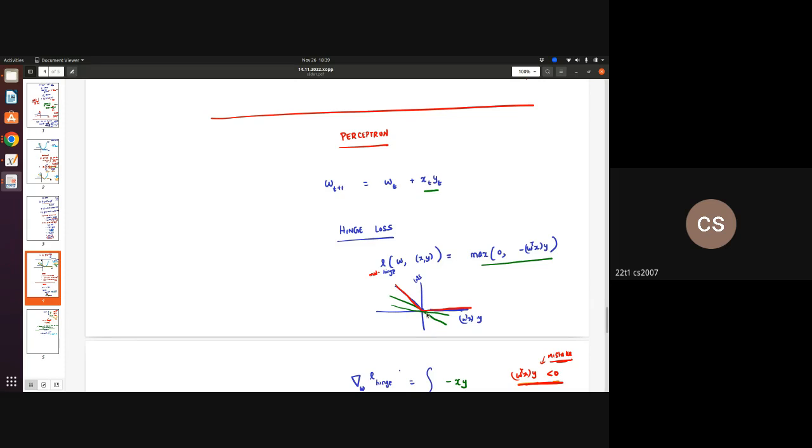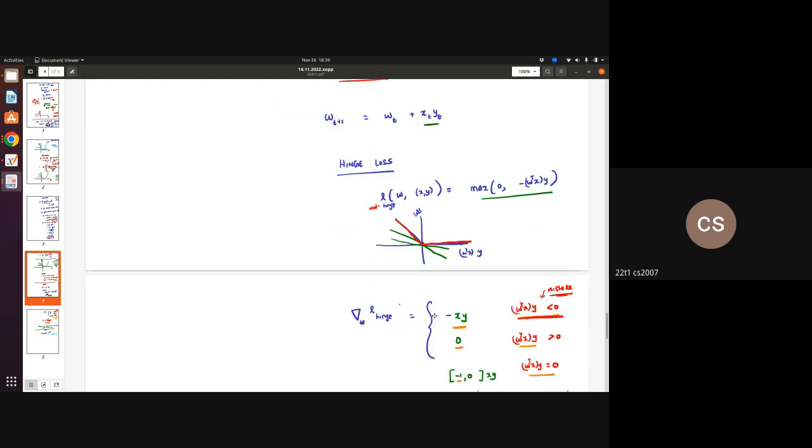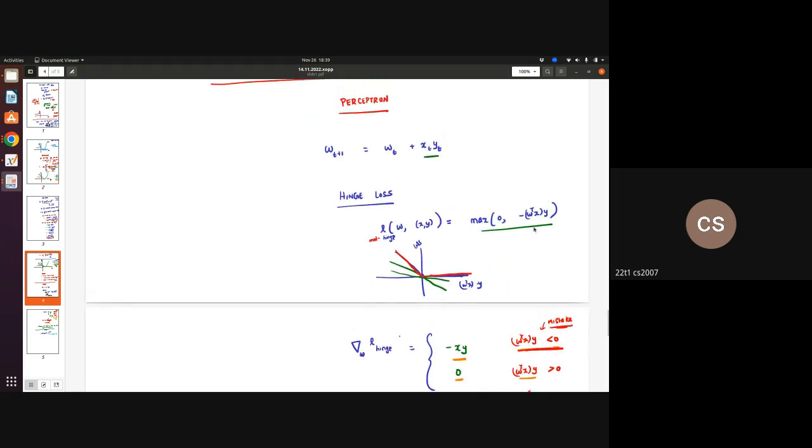And when some function is not differentiable at a point, what can we use? We can use subgradients, isn't it? At this point, there are several subgradients possible. The green lines represent the subgradients. There can be multiple such lines, and we can choose any one of them. Now, this is the loss function of hinge loss. When you take the gradient of this with respect to the weight,